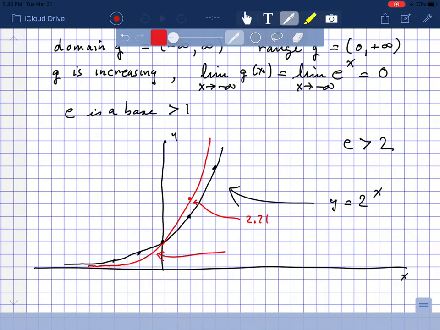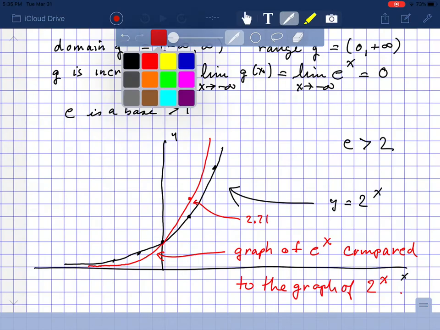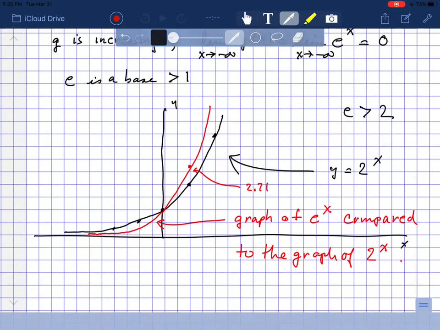Okay, so this red curve, this is the graph of e to the x, and here I'm comparing it, the graph of 2 to the x. Okay, all right. We also know that